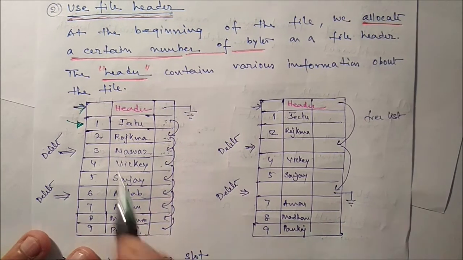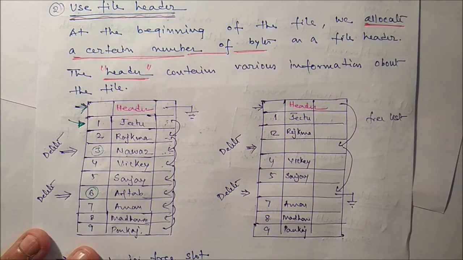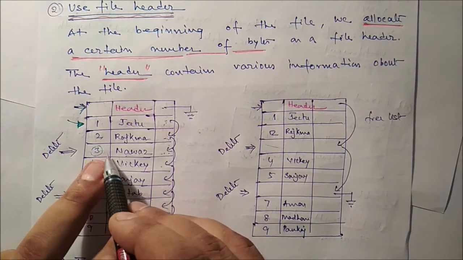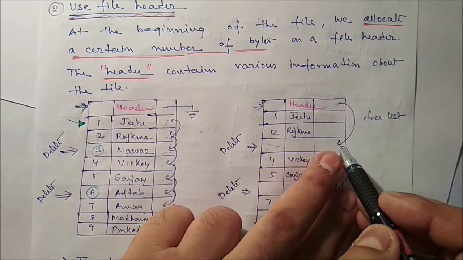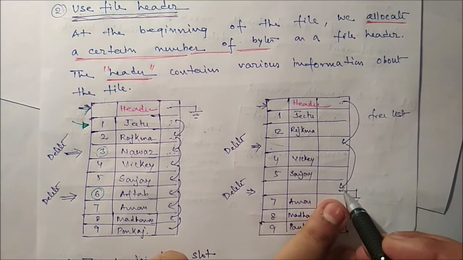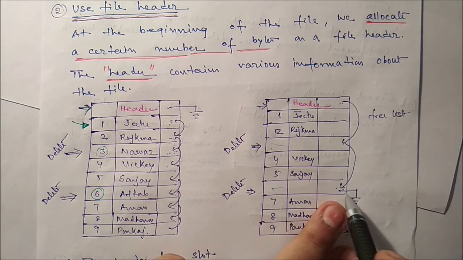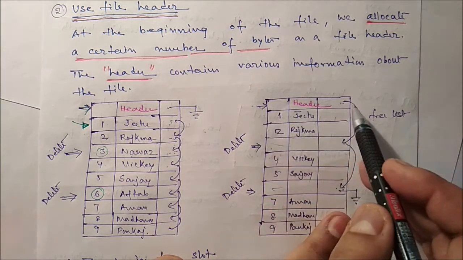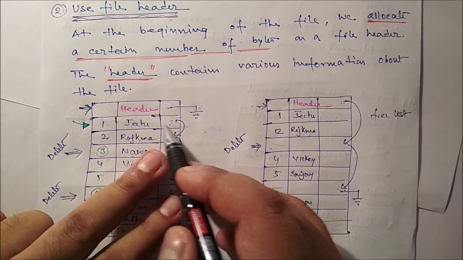Okay. Now suppose you want to delete roll number 3 and 6. Okay. So in that case, there is a vacant place. So here, after removing this one, we store the address of the vacant space. Here we store the address of the vacant space, because now roll number 6 is also not there, and that indicates the end of this particular file. So if you want to access this particular block, easily we can identify the vacant places. Are you getting this one? And definitely you have to update this one also.